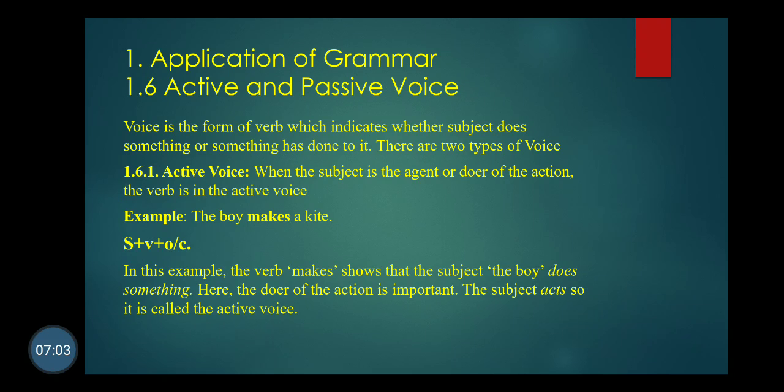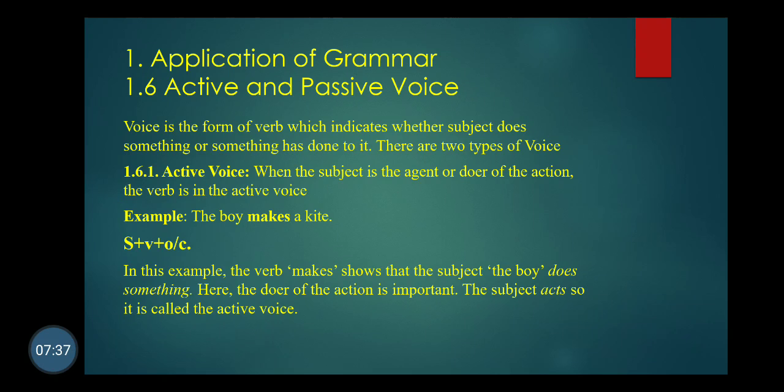Be careful. The verb should be simple, only then it is an active voice, because voice means nothing but it is a form of verb. The verb clearly denotes to us that it is an active voice or a passive voice. Don't think about the subject and object, just concentrate on the verb. The verb clearly denotes it is active voice or passive voice. Here is a simple verb. Look, they have given the same explanation.